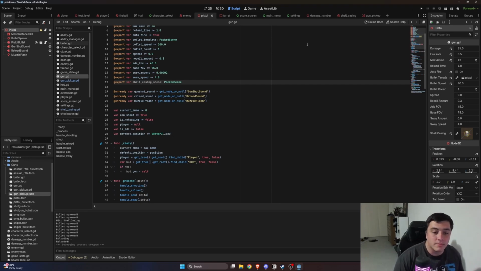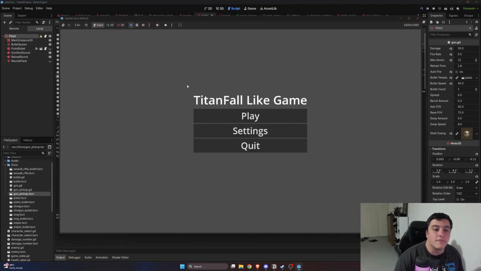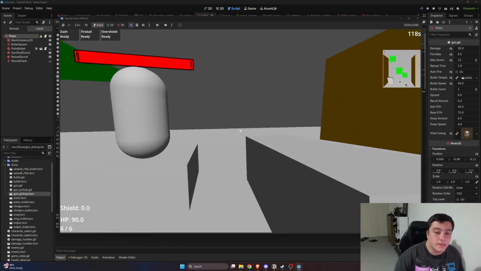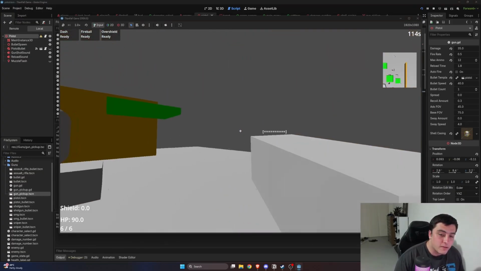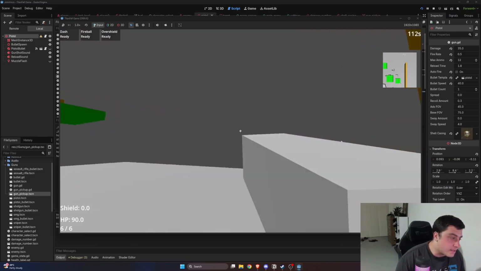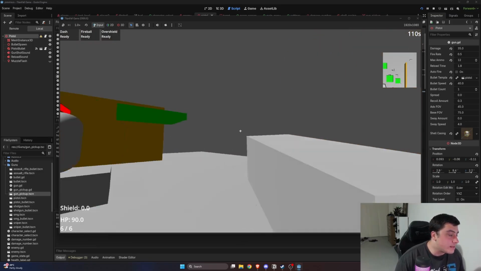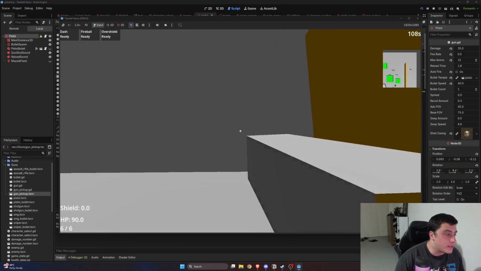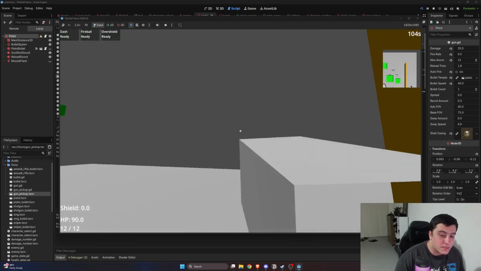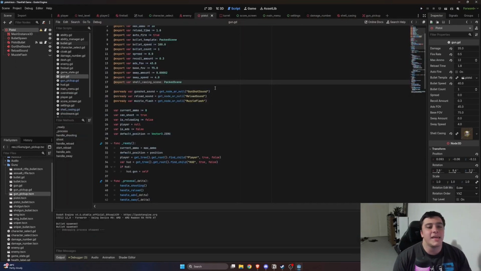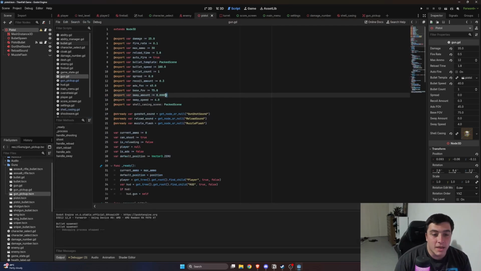And as you can probably see as well, I've added a little weapon sway when I move my mouse. So you can see the gun moves to the side every time I move my mouse. Now, I had to play with this a bit because it's incredibly fast, but I'm kind of happy with the speed. I might go 3.5 to slow it down, but this sway amount is insane